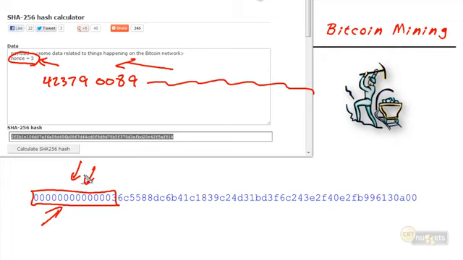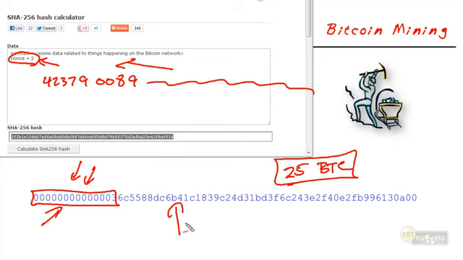Now, why would somebody do this? Why would they participate? Why would you throw your computer in the ring? And the answer is, at this day and age, this is February 2013, at the moment, it's 25 Bitcoin is the reward for the computer that can solve the block. So when they talk about somebody calculating a block, there's one successful computer every 10 minutes, and that one successful computer gets an award of 25 BTC. And it's not like a ceremony. They don't have an award ceremony. You won this and here, congratulations.